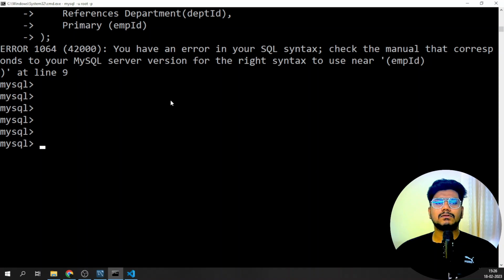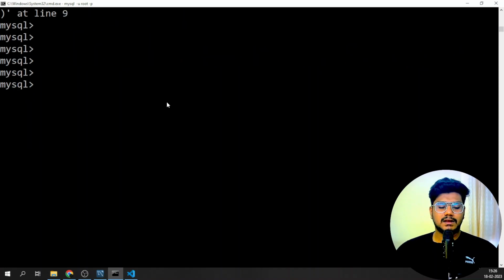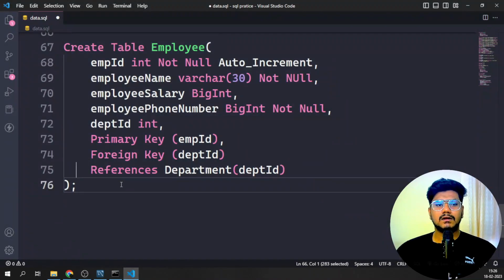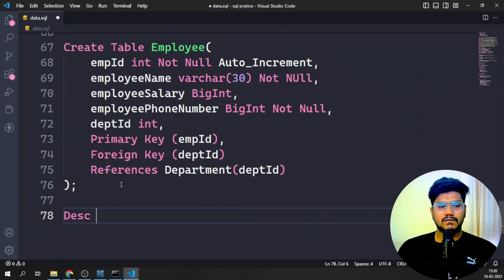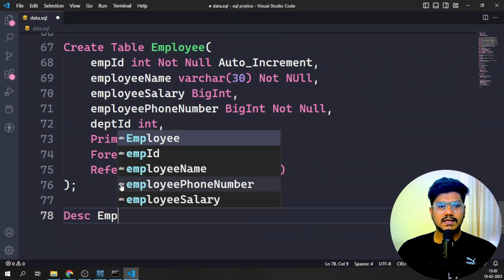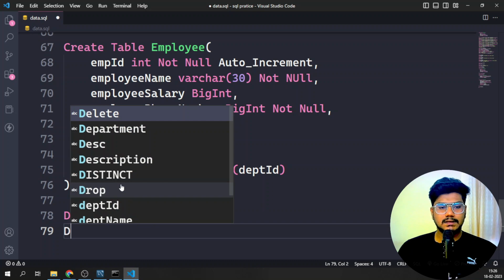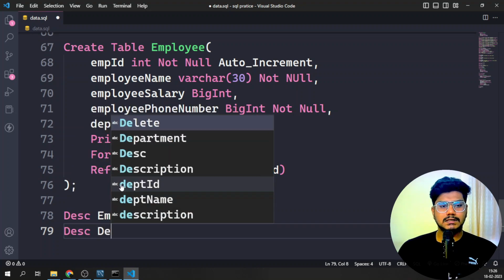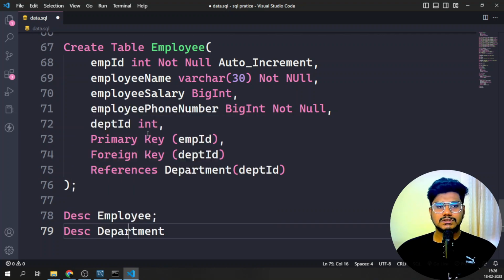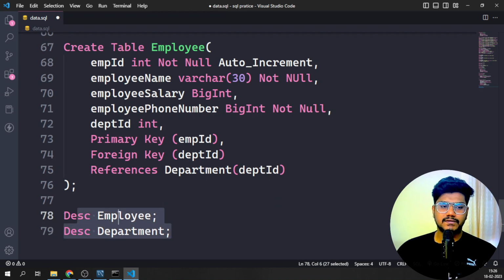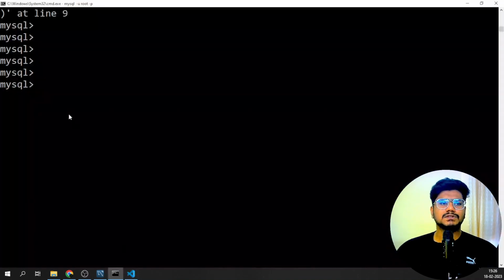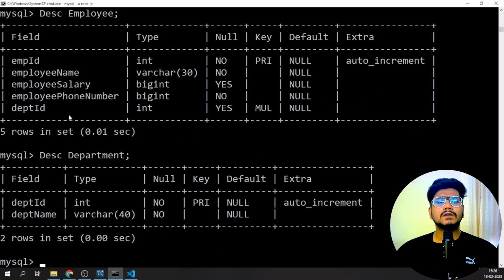So we have created two tables now. Let's see the structure of a table. To see the structure of the table, I just need to tell desc of the table. Let me check first with the employee table, desc of the employee table, and then the department table. I want to check how the structure of these two tables is. I'm just going to copy it, and if I right click and run,